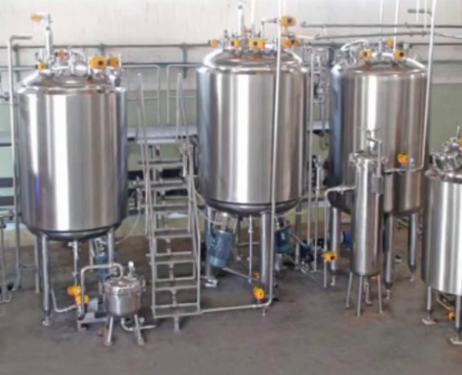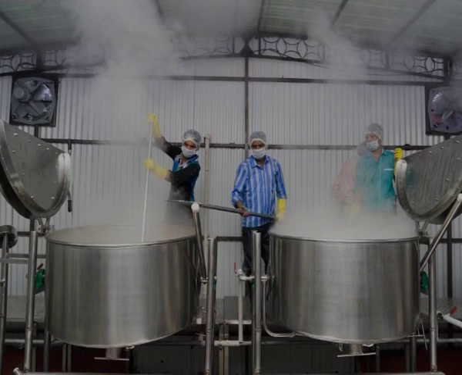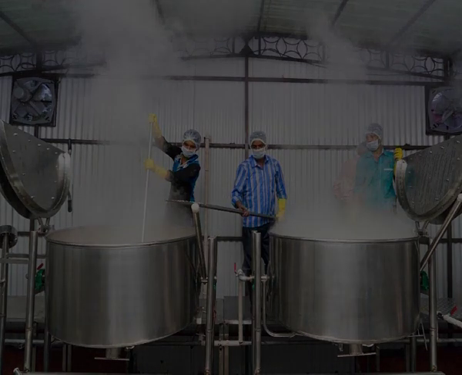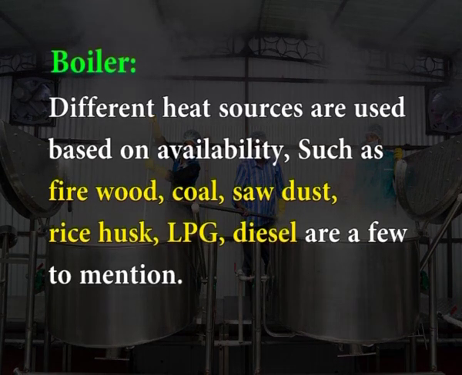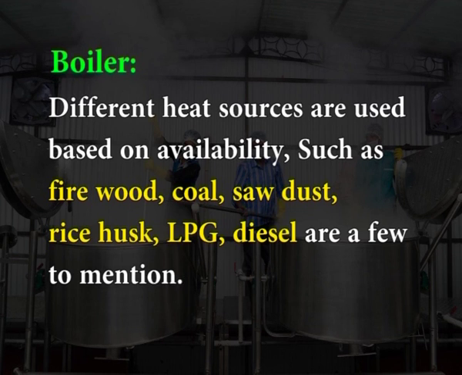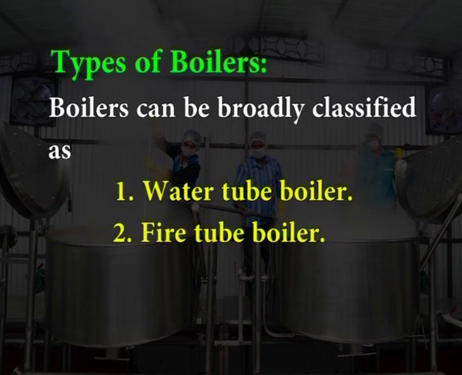The equipment for generation of steam is the boiler. It is nothing but an enclosed vessel in which water is heated and converted into steam. Different sources of heat can be used based on availability, such as firewood, coal, sawdust, rice husk, LPG, and diesel, to mention some. Coming to the types of boilers, boilers can be classified as water tube boilers and fire